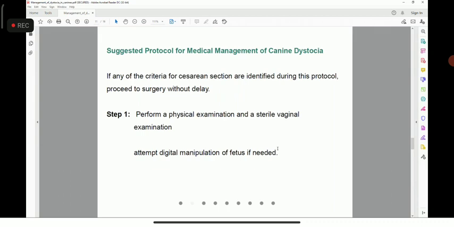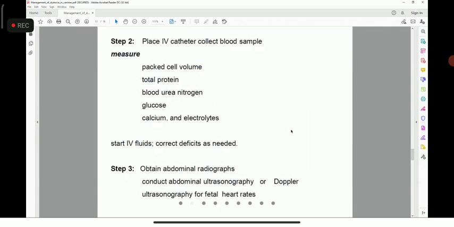Then second, if it is in your reach, suppose you are able to hold the head or you are able to touch the fetus properly and you can manipulate a little bit, then attempt digital manipulation as described in the previous two, three or four slides. So you can apply these tricks to attempt a pervaginal delivery. But if it's not happening, now what can you do?